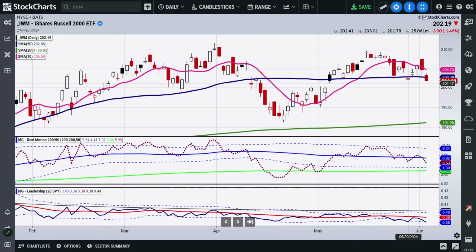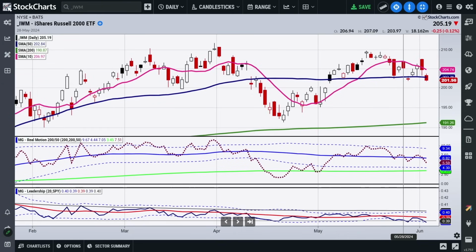So that means we have to look at this low here, which is at 201.78, the last time we were under the 50, and A, ascertain whether or not we're going to break that, and B, if we're going to have 2 days of a close under the 50-day moving average, that would put us back officially into a caution phase. What's also interesting, if we look at the leadership benchmark here, which is how this instrument is performing against the SPY, you can also see that we have been underperforming the SPY, and now we're breaking down on the Bollinger Band there as well.